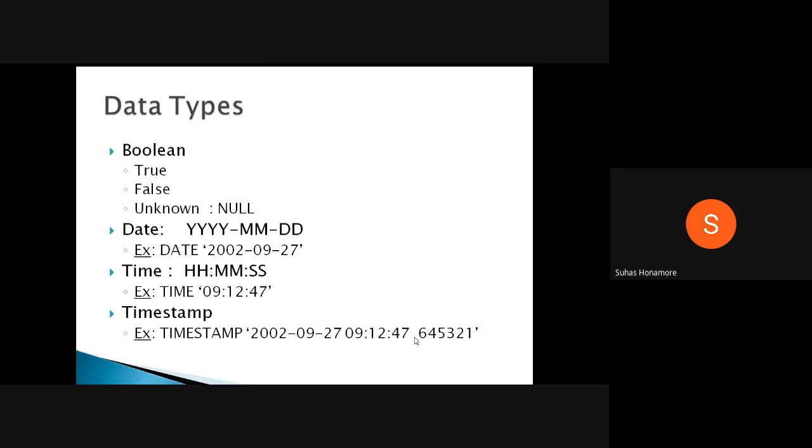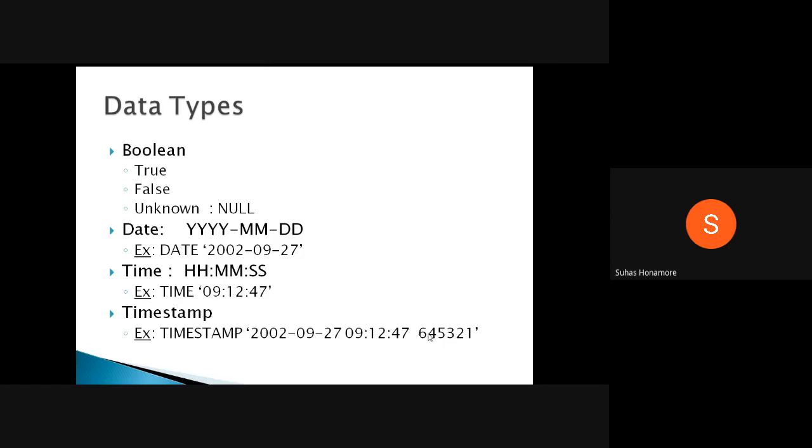If you want to insert this, you can insert it, or you can skip this part. Date, space, then time, and after that a 6-digit fractional part of a second. It's left to you how you want to insert it.